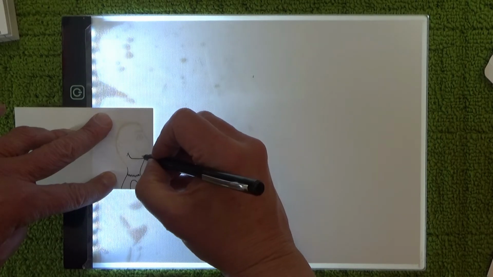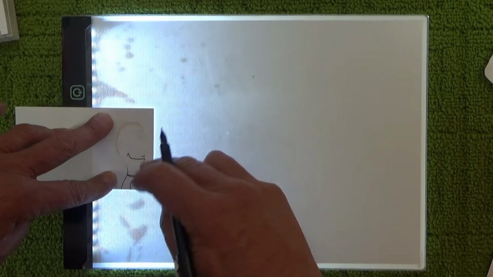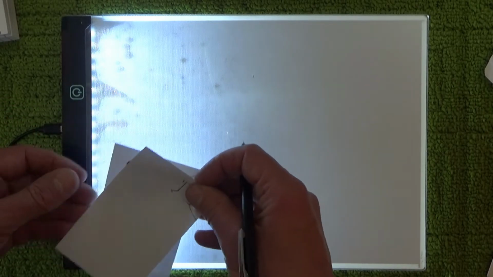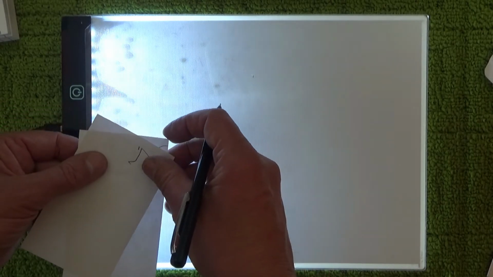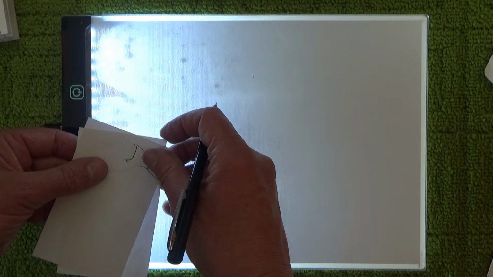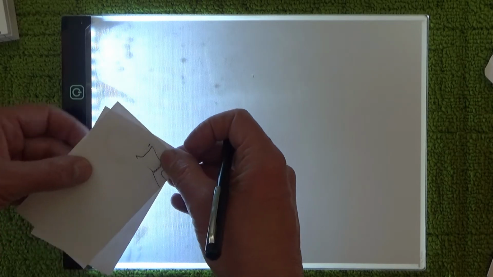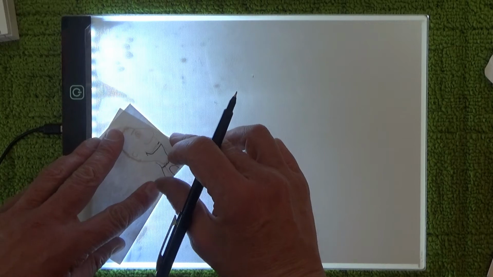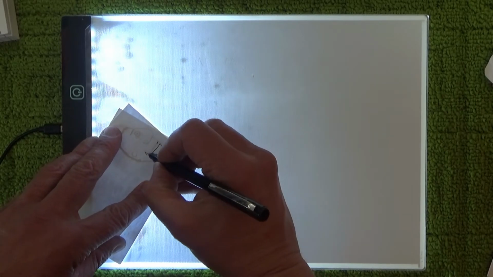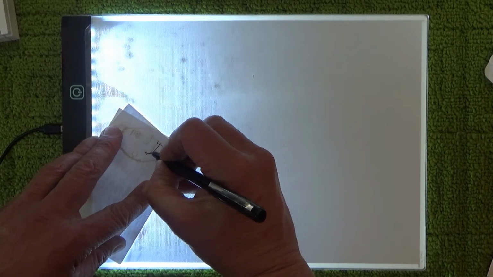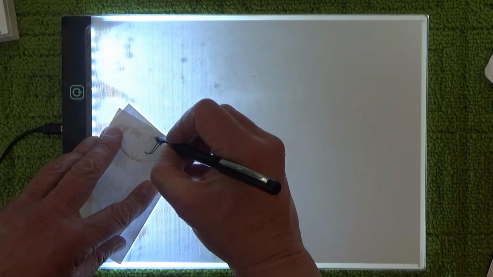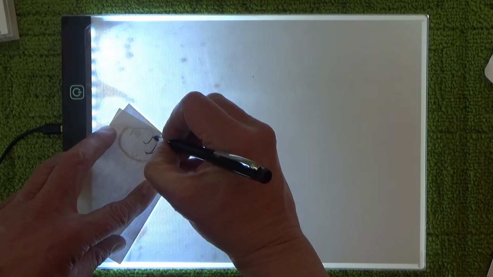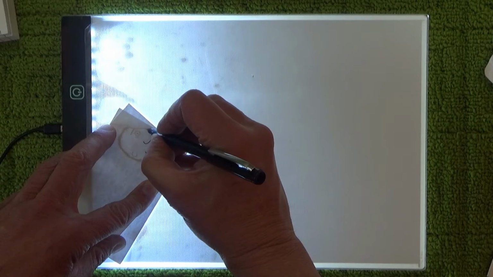And then I just made a little mark for where the mouth should be, and then all I did was I just moved the face around like that, so that the top lip was lining up to that mark that I've put there. And then I just carefully drew around like that,